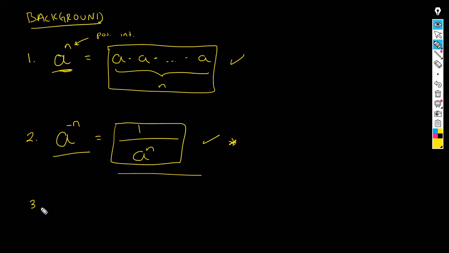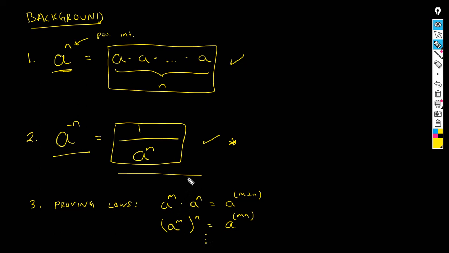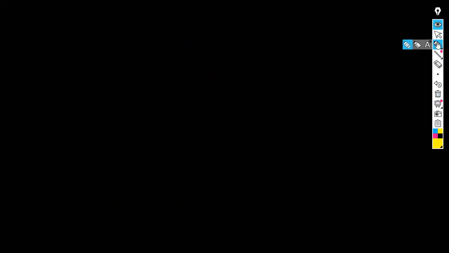And then the next thing that we did was proving some laws of exponents, right? For example, one of the laws that we proved was that a to the m times a to the n equals a to the m plus n. Another law that we proved was that a to the m to the n equals a to the mn, etc. Okay, so we have done this with exponents so far. These are all the things that we have done. Okay, now let's move on and try to understand